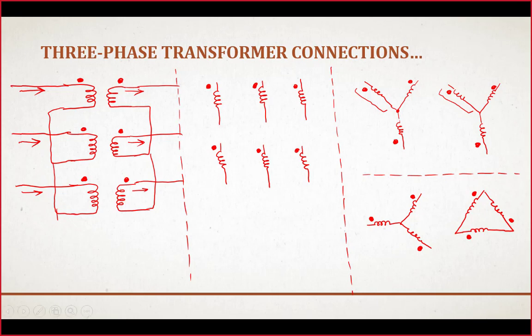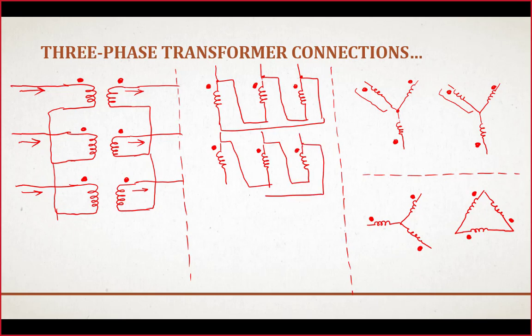In the same way, for example, we want to connect the windings in Y delta configuration in the second situation, or you can say delta delta configuration. So it is simple. Connect the dotted end with the non-dotted end, the dotted end of the second winding with the non-dotted end of the third, and the dotted end of the third with the non-dotted end of the first. This is the delta connection. In the same way, we can connect the windings here on the other side of the transformer to make a delta.